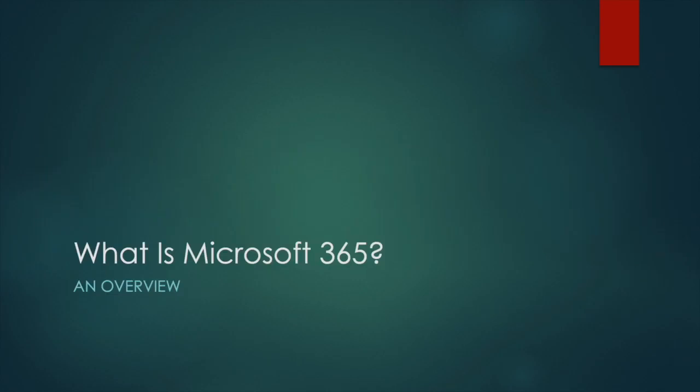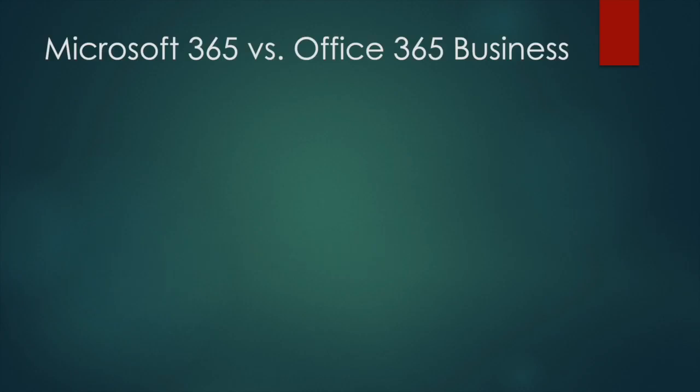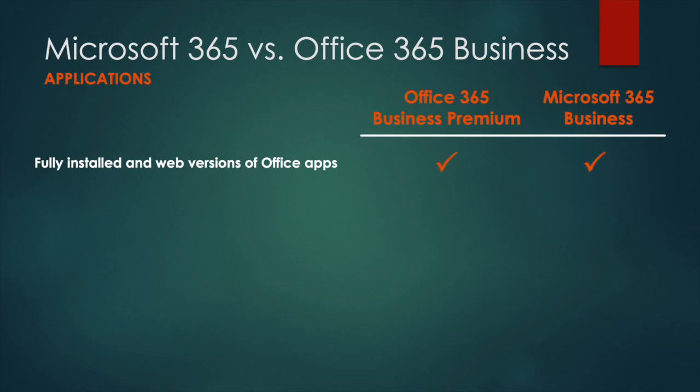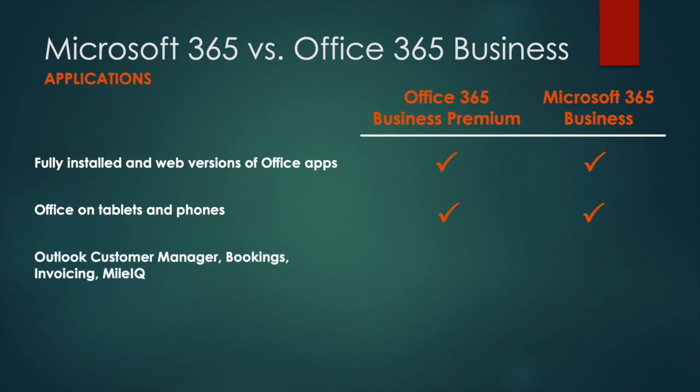So, what is Microsoft 365 then? In a sentence, it's the next step up from Office 365 Business Premium. Let's go to the chart and compare Office 365 Business Premium to Microsoft 365 Business. First, the standard Office apps, as we saw before, are provided both in fully installed and web versions across both tiers. Similarly, the tablet and phone versions are provided across both tiers, as are the business applications Outlook Customer Manager, Bookings, Invoicing, MileIQ,